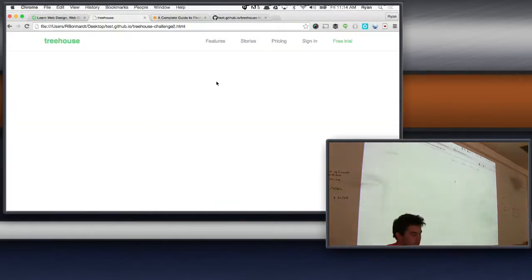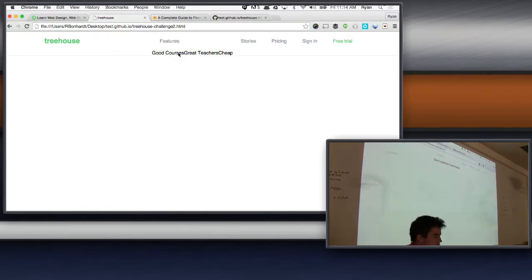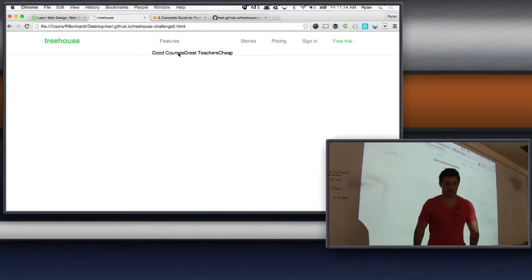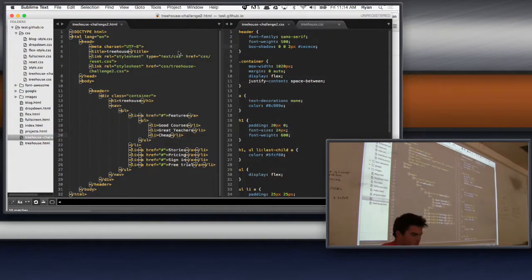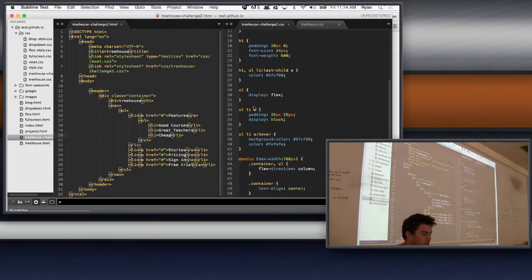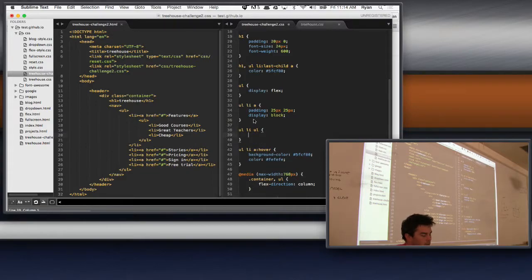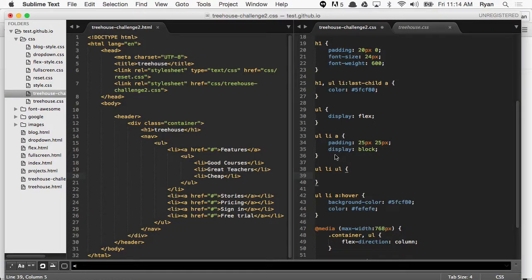Now, to style this, I guess I'm going to have to get more specific on all this stuff. So anytime there's an unordered list within a list item, I want its list items